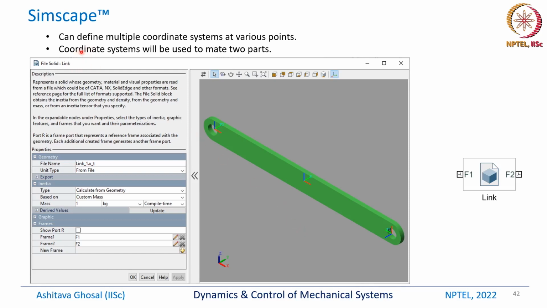So we can define multiple coordinate systems at various points. The coordinate systems will be used to mate two parts. In this case there is a link, and there is a hole here and another hole here, and there is a coordinate system at the middle and coordinate systems in these two holes,